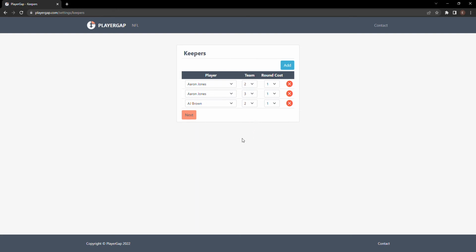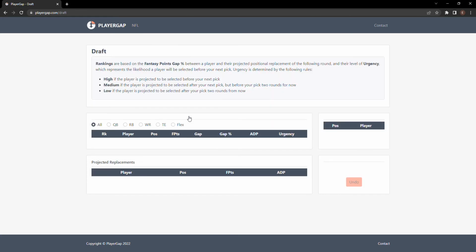Here in this case, for example, we would only consider as valid the first row, because we have a repeated player in rows 1 and 2, and we also have a repeated pick in rows 1 and 3. This is just a measure in case we mess up, but if we hit next now,